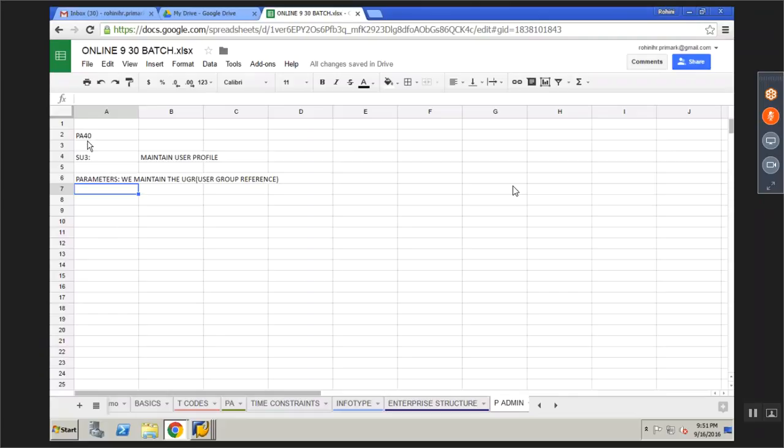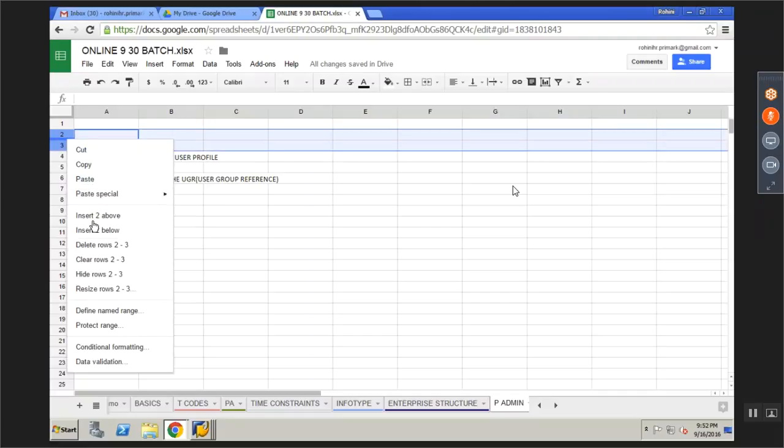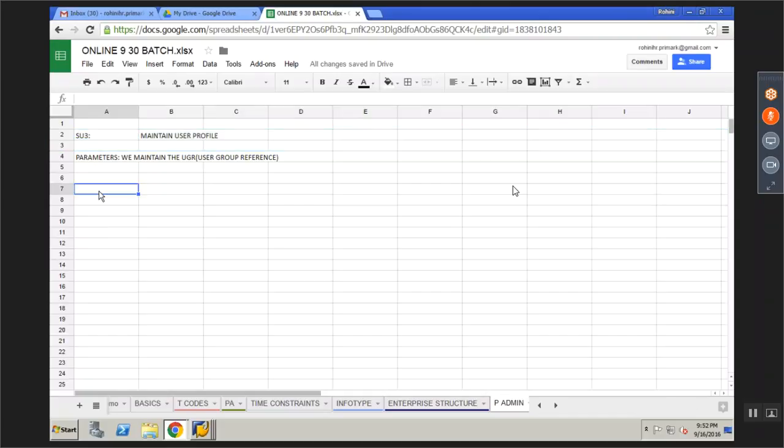Any configuration we do in the system for PA, that is for personal administration, we have to tag that configuration to one user group. So for me, I will define a user group. For example, you are doing a configuration. You can give a 2-digit user group for your configuration. So if the client is logging into the system for your configuration, you want them to see the screen the way you have customized for them, based on their requirement. That is called UGR.